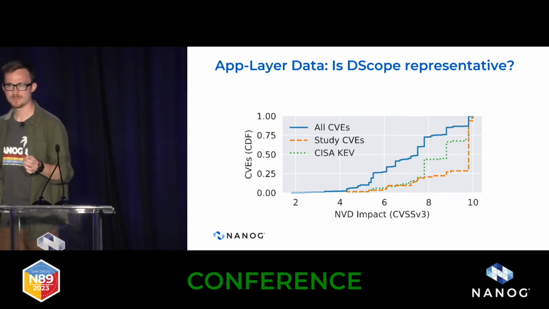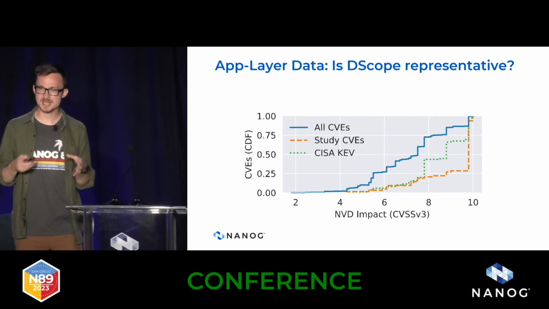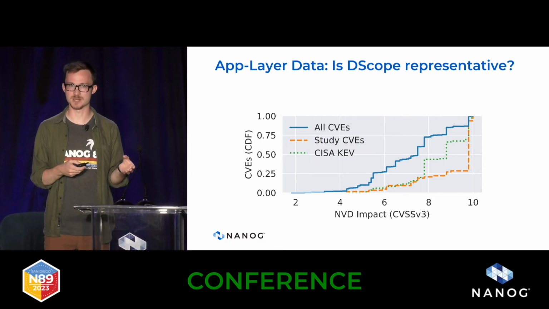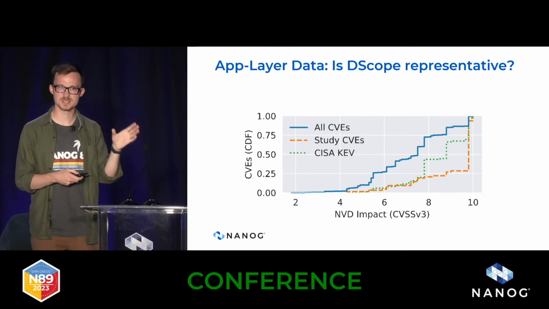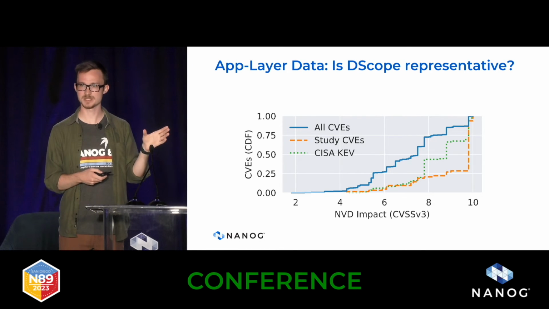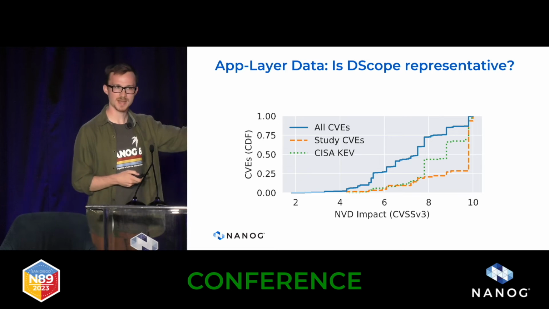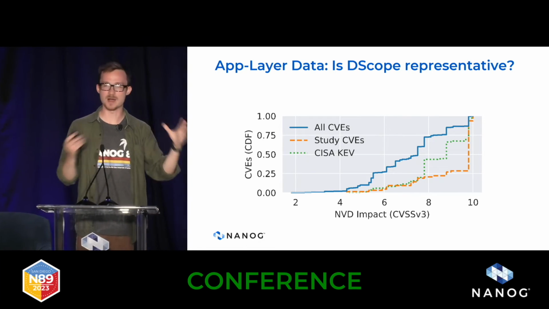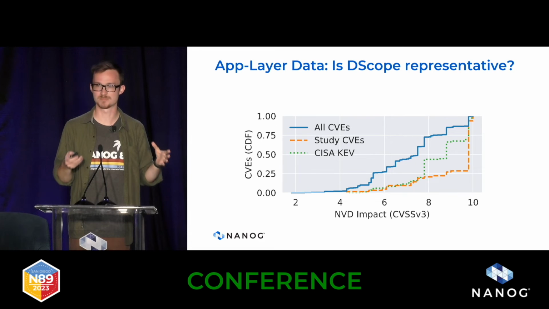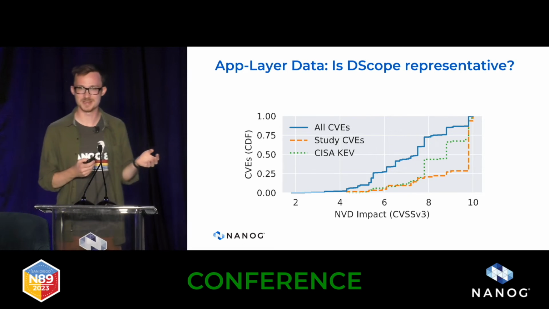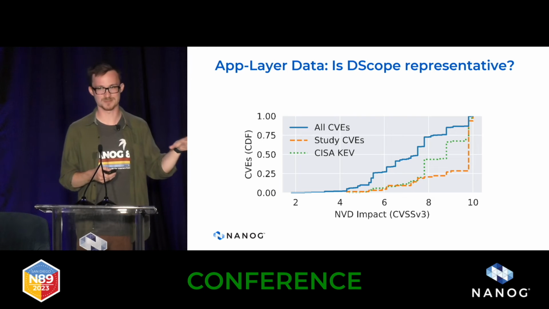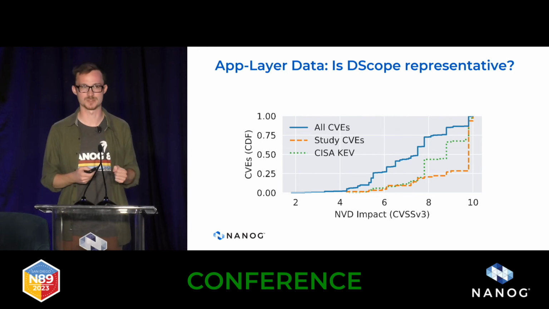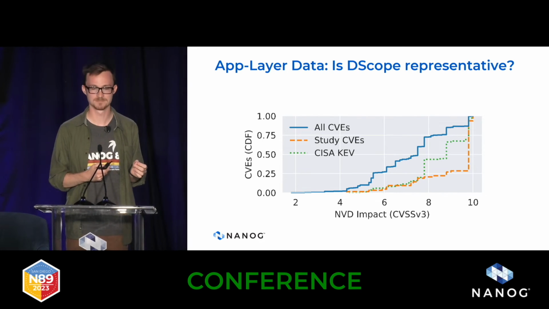Additionally, we also compared when DScope sees exploitation compared to existing state-of-the-art. One thing we did was we looked at CISA's list of known exploited vulnerabilities, and we found that by deploying on clouds, we actually see evidence of exploitation before this amalgamation of all of these different sources by the US government. And so that's really an interesting data set. We're in the process of reaching out to CISA to sort of incorporate these results into the KEV automatically.